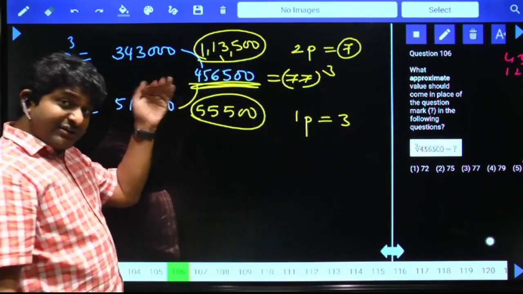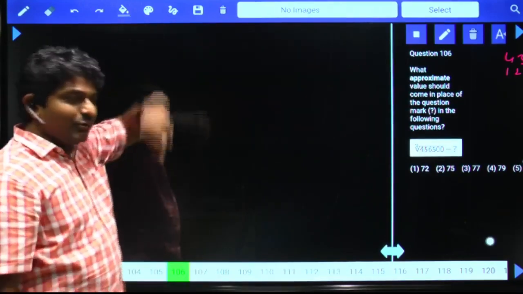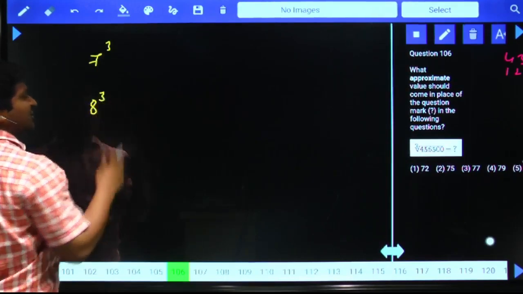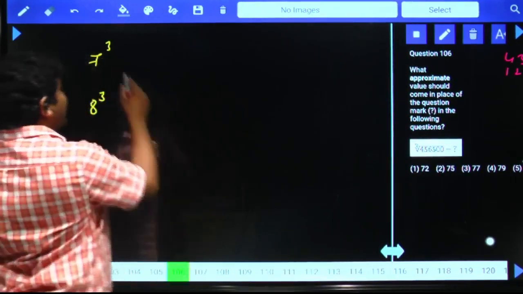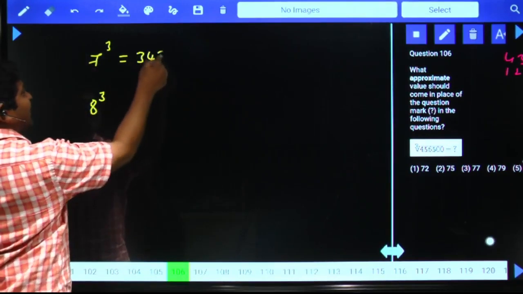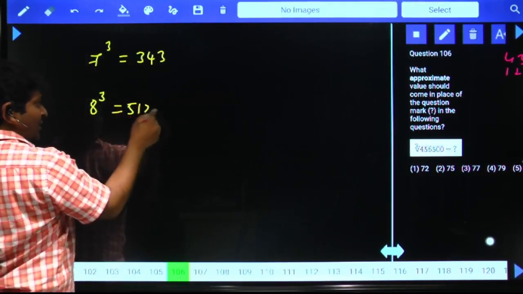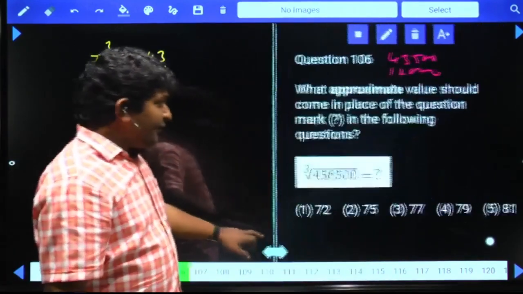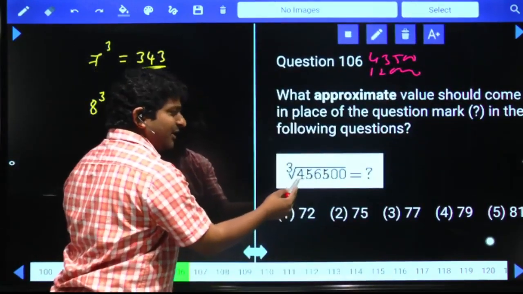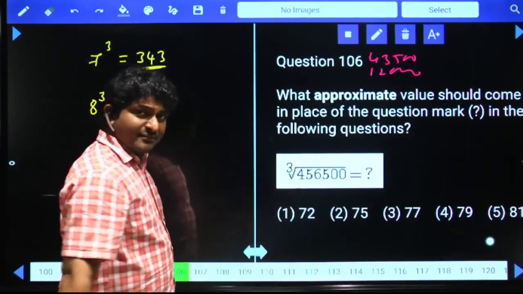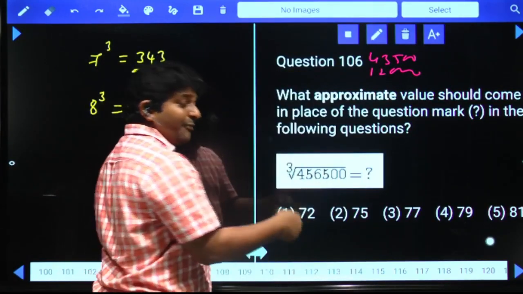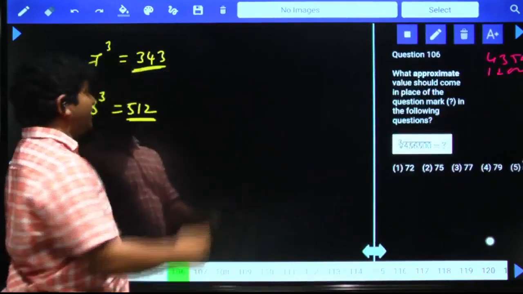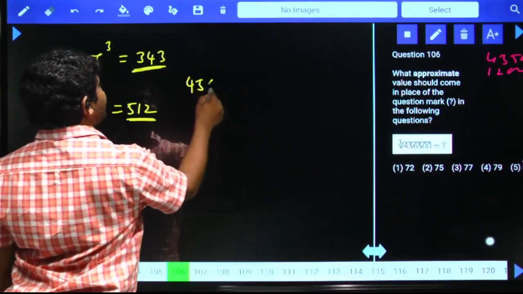Now this simplification also we can reduce it. Look at this, how to do it. You know that 7 cube and then 8 cube, I don't want to start with 70 cube and then 80 cube. 7 cube is equal to 343 and then 8 cube is equal to 512. We are starting with a 3-digit number. If you consider this as a 3-digit number, you can take it as 456 and then after that you have 0.5. 456.5. You can treat it as 456 or 457. No problem. Let me start with 456.